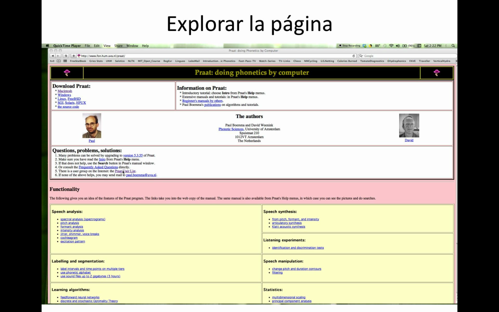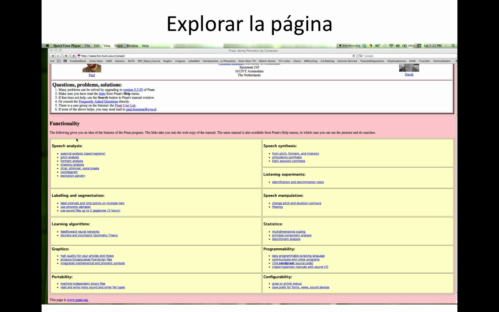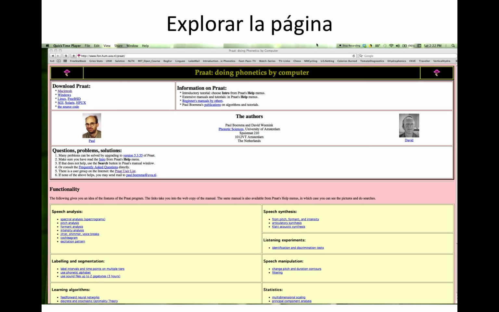You can also join this Yahoo group called Praat User List and post questions or read people's responses to other people's questions. And as a last case scenario, you can send an email to Paul himself, and he'll answer. And he's, I've noticed, very active in the Praat user list. If you go down a little farther, you'll see more specific help regarding these specific functions that you can check out on your own, and then we'll likely check out during the semester. Now we'll close out of here, and